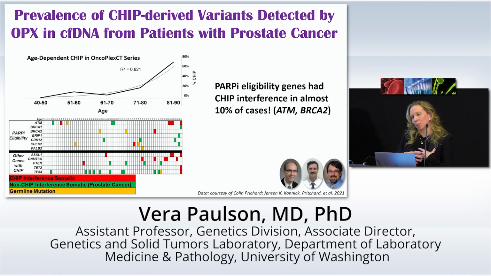And again, what I'm highlighting is by doing that whole blood comparison, we can actually attribute the mutations that we're finding in cell-free DNA to tumor or to something else. And so in this study done by one of our former fellows with Dr. Pritchard and Eric Connick, they basically found that 20% of patients had CHIP, and you can see this age curve recapitulated. And about half of those were actually in genes that made you eligible for PARP.